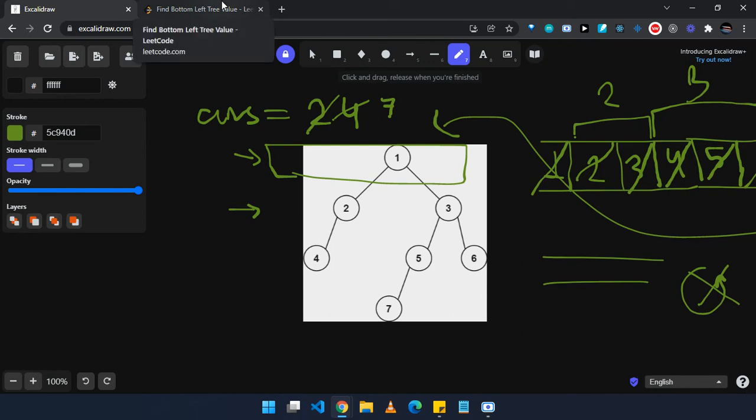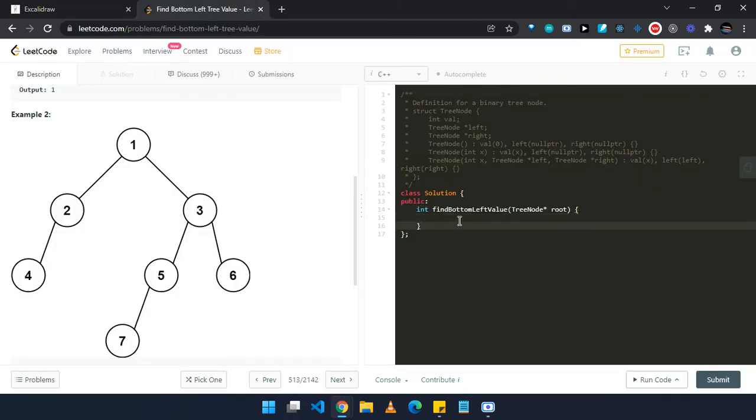So let's do some coding. We will create a queue to have a level order traversal, which will store tree nodes. Let's name it queue. To start the traversal, we will first push our root node. Also, we need to make an answer variable so that we can return it later.